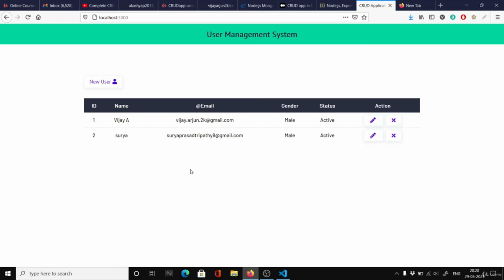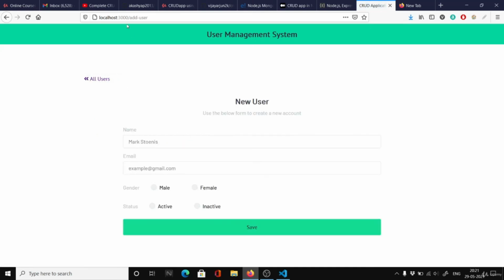So let me start with this output. So this is how my output looks. Okay. So I have started my NodeMon. If you've already learned Node.js and Express, this lecture will be very easy also. So as you see here on my screen, I have just a CRUD application for user management system. So I have a button here for new user. If I click that, I'll move on to add user